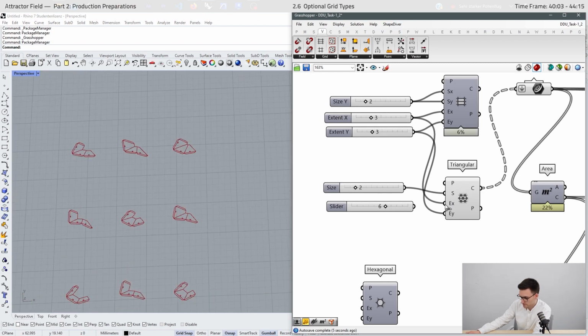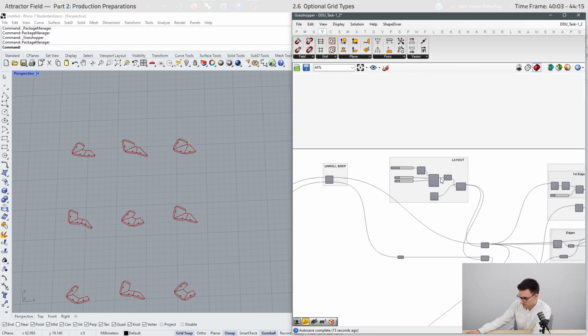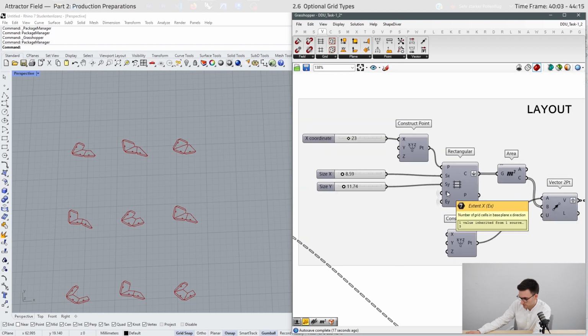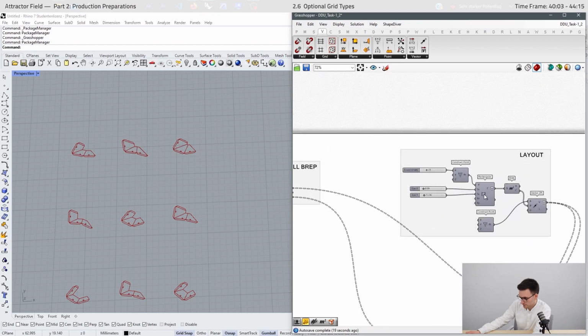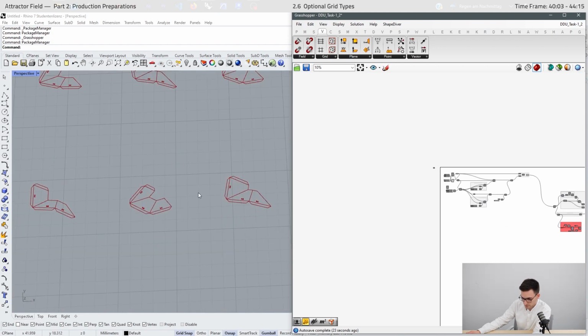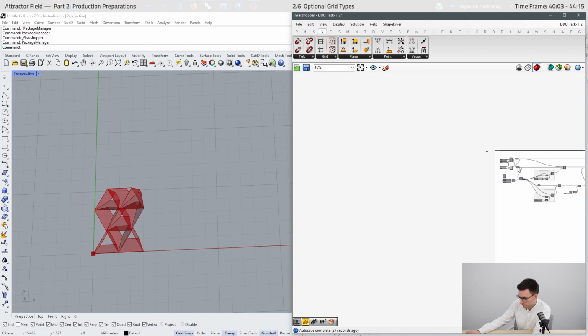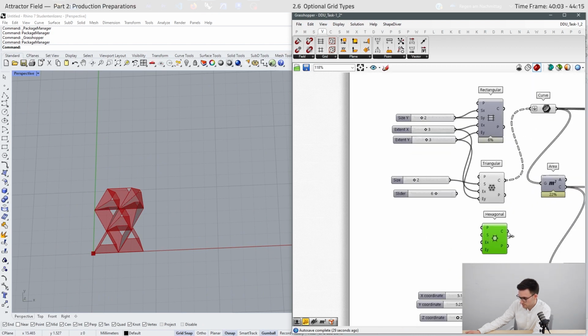So if we use other numbers right here, we also have to adjust our layout in X and Y direction. So keep that in mind. And this looks fine. And we can also try out this one.